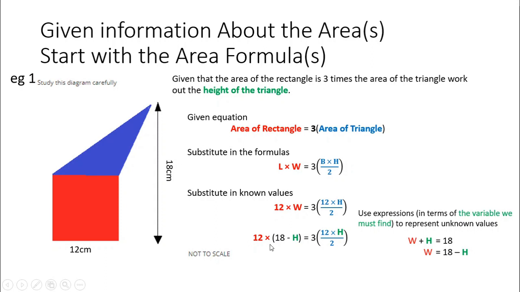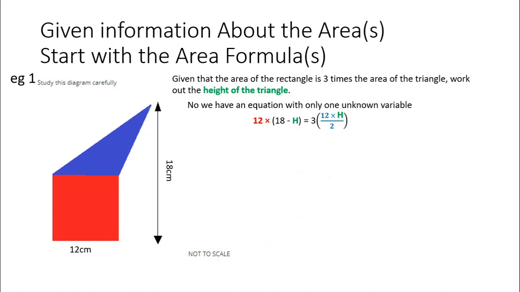Right, now I've got an equation and it only has numbers and the letter H in it. So now that we have an equation with only one unknown variable, we can simplify and solve the equation. So I'm going to go ahead and multiply this through, 12 times the 18 and 12 times the minus H. And I'm going to simplify what I've got in these brackets here before I multiply that answer by 3. 12 times 18 was 216, and 12 times the minus H was minus 12H. And over here, I've just done 12 times H, which is the same thing as 12H, which of course I can